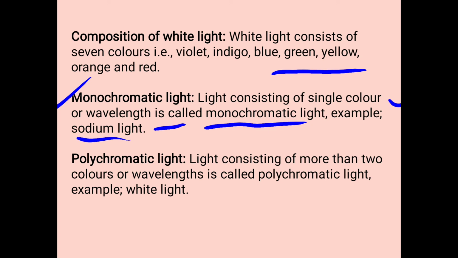Next is polychromatic light. So which is polychromatic light? A light having more than 2 colors. If they have more than 2 colors, they have different wavelengths. Each color would have its own wavelength. So in the dispersion of white light by a glass prism, we have observed that the red color bends the most and the violet color bends the least, right? This is because of their individual wavelengths. So this kind of light, consisting of more than 2 colors with different wavelengths, is known as polychromatic light. An example is white light, right?